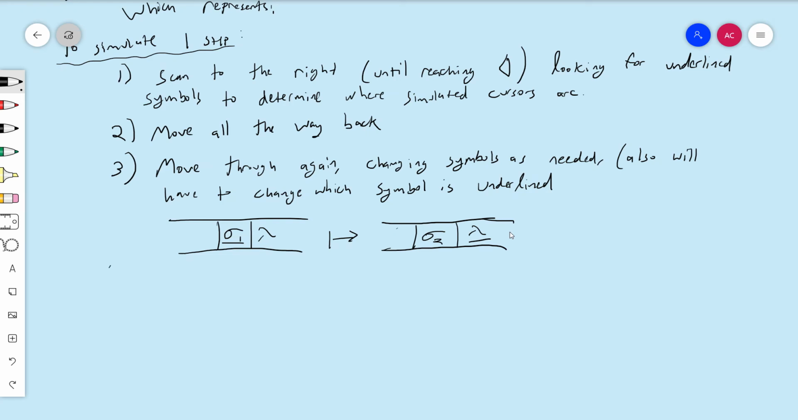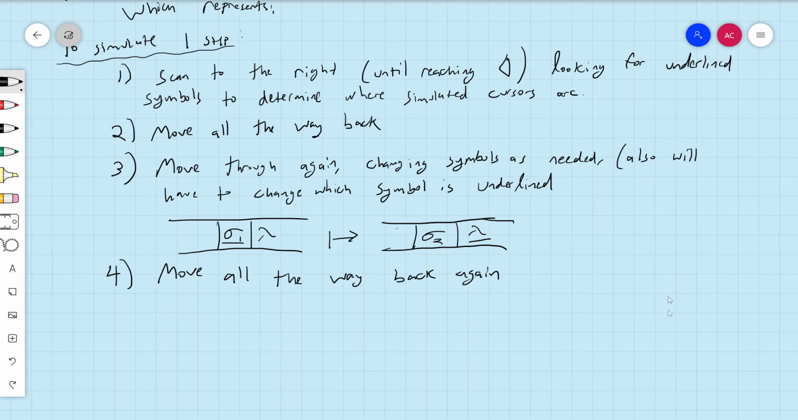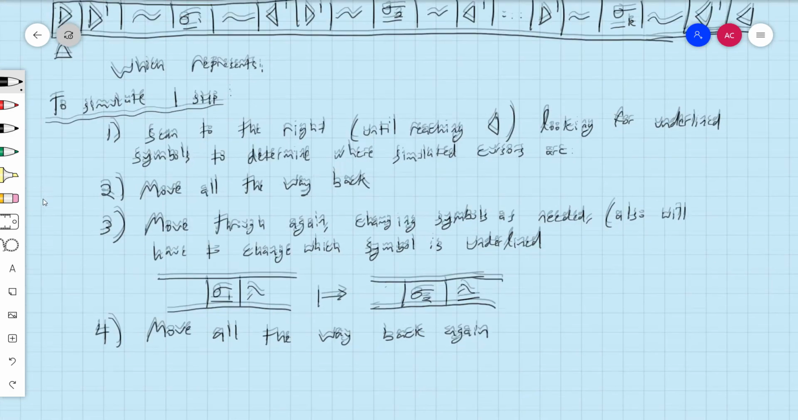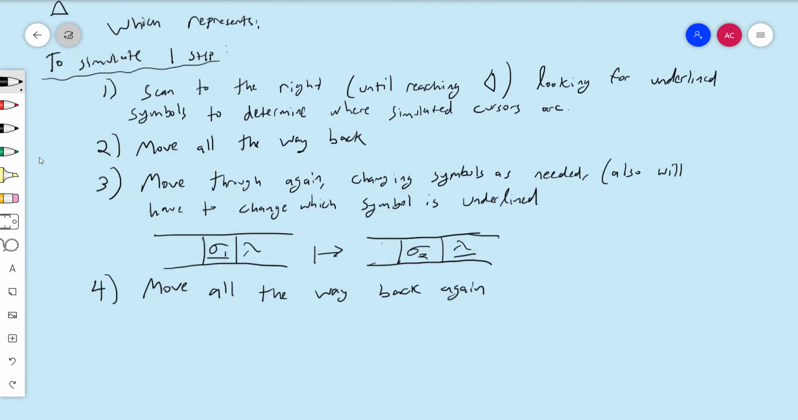So step four is move all the way back again. So basically I move all the way forward, figure out what my symbols are that are being looked at, move all the way back with that information, move forward again now, making the changes as I need to based on that information, then move all the way back again, and now I'm going to have to make one more pass in order to make space wherever I need to make space. So 5,